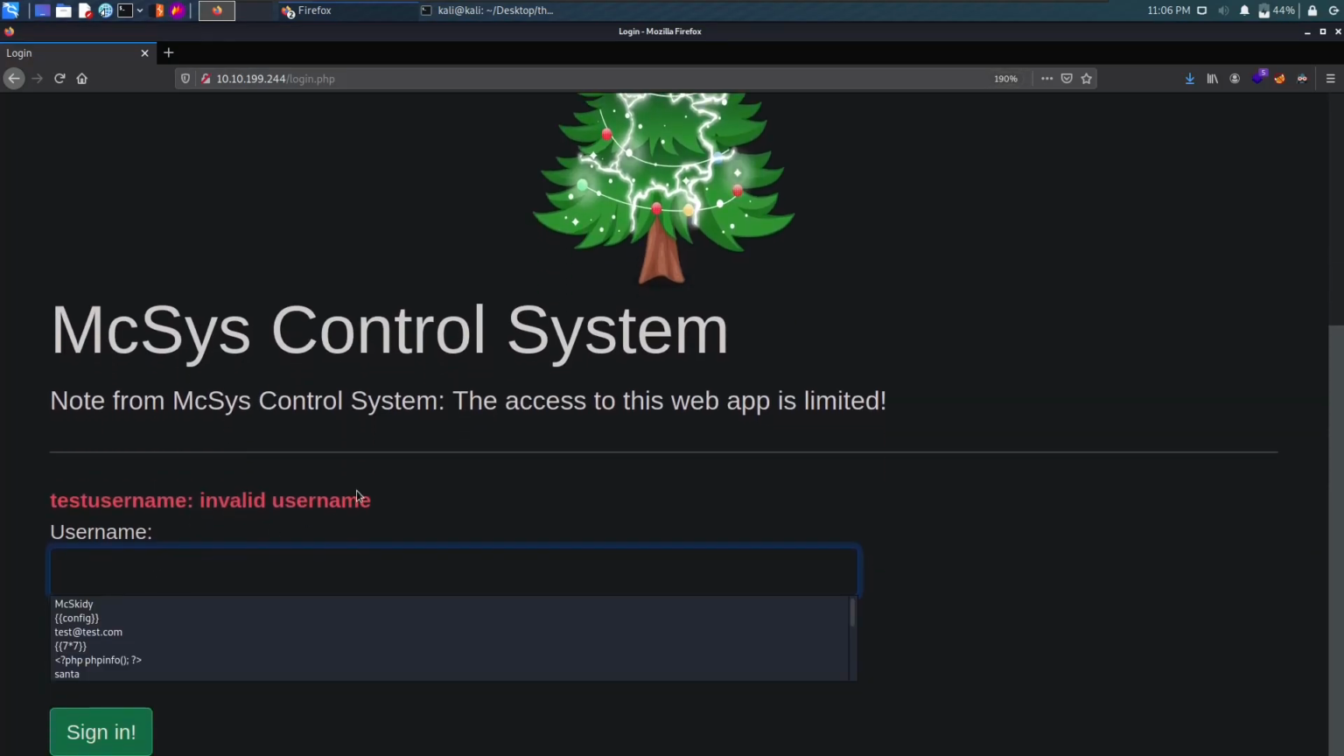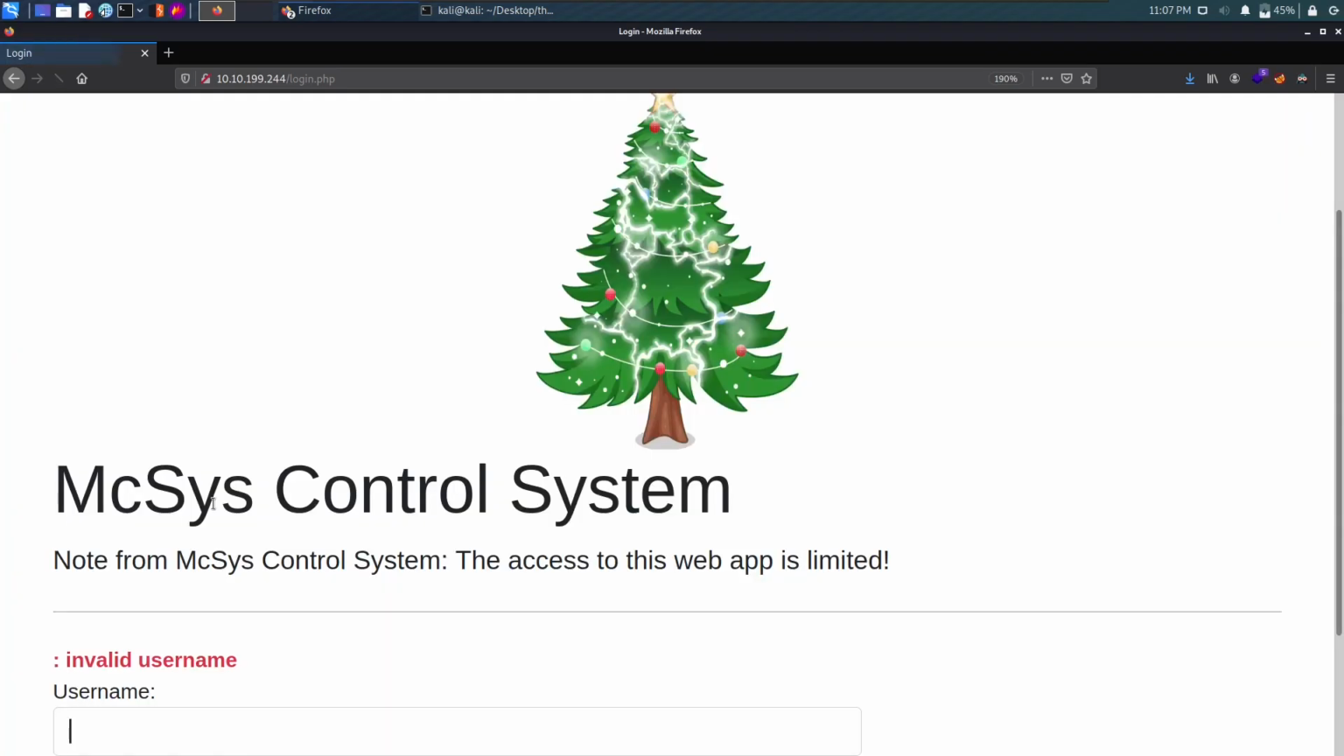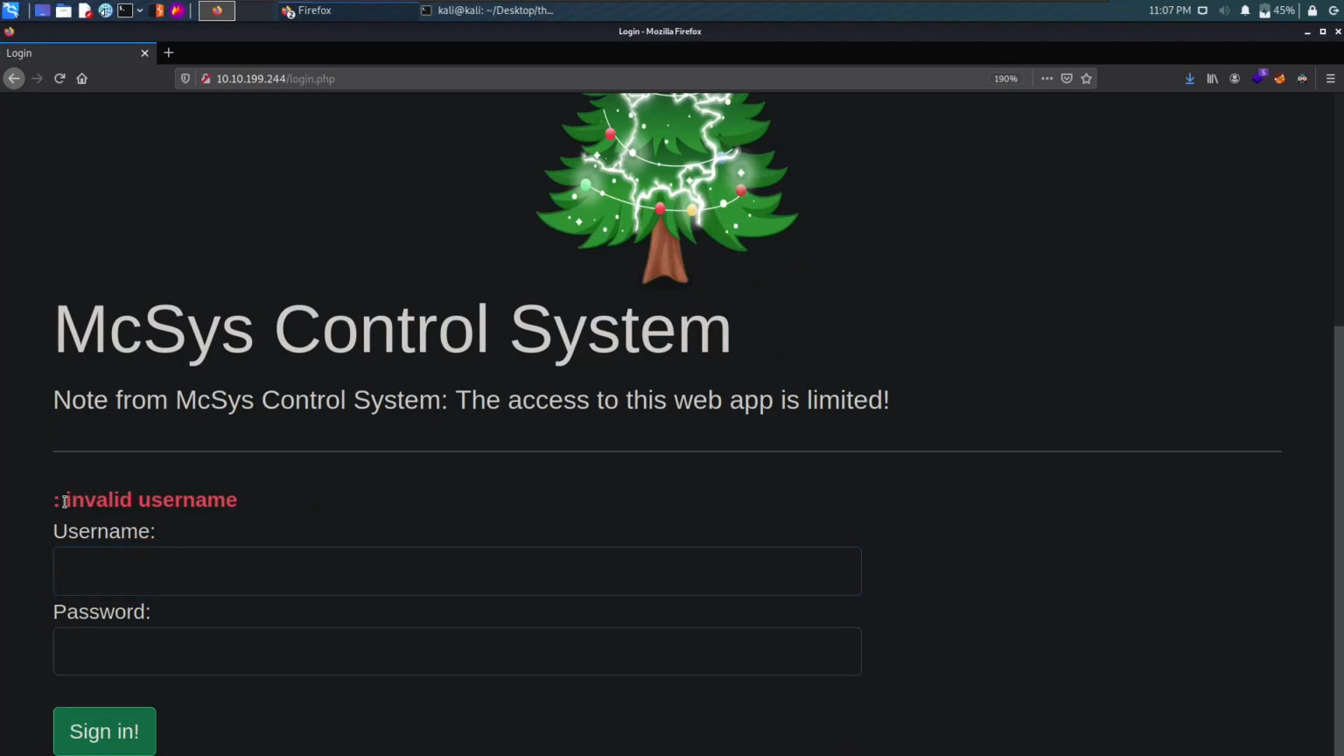So in place of username, I'll put my PHP code here that will give me code execution on this server. I'm saying PHP system, using the system function. I'm going to tell it to execute the command that I pass into the Cmd parameter, and whatever I type inside the Cmd parameter will be thrown into the system, and system will execute it and show me the output. All right, so let's click on sign in, and then you can see our PHP code